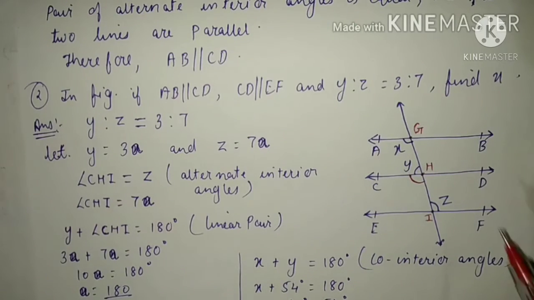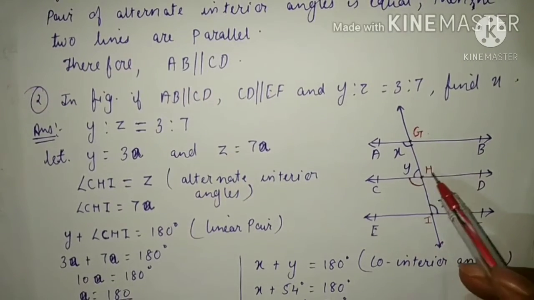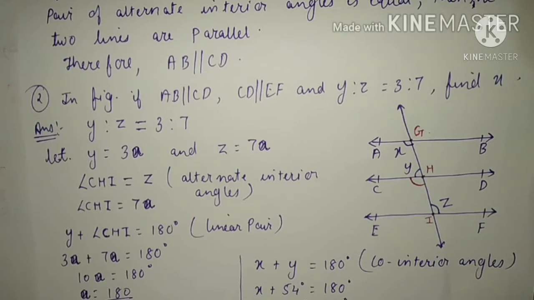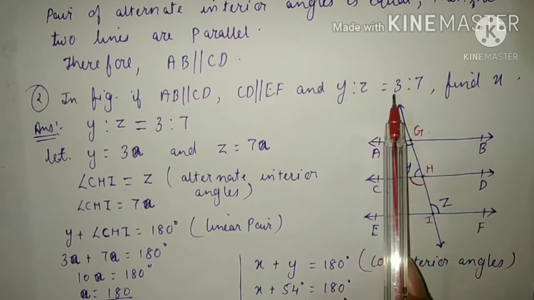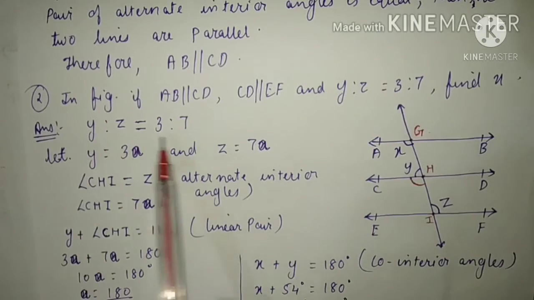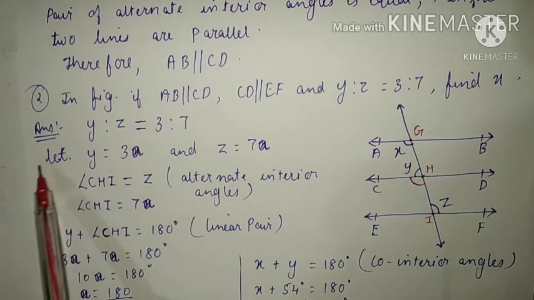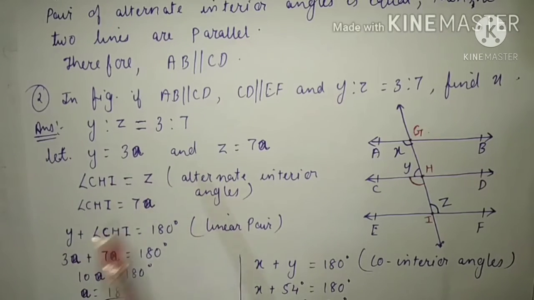In this, we have supposed that this point is G, this point is H and this point is I. Okay. Now to find the value of x, what we will do, first see the figure properly. Then the ratio of y is to z is 3 is to 7. So we wrote it here. Then since x is already here, we will suppose let y equal to 3a and z equal to 7a. Here we are not taking x because x is already given. So instead of 3x and 7x, we will take 3a and 7a. Okay. Now